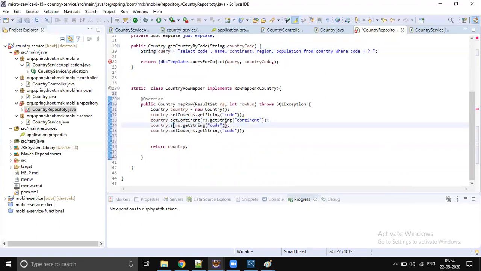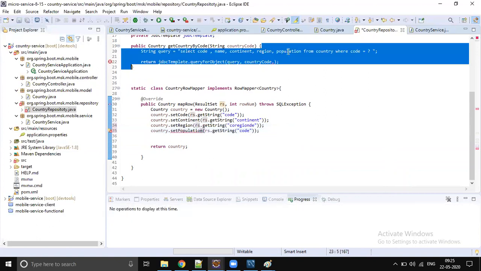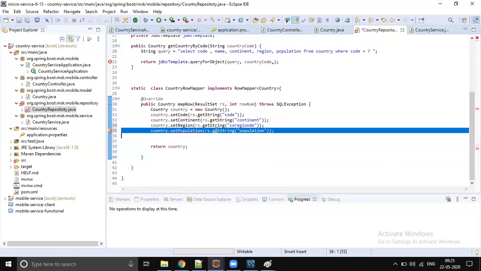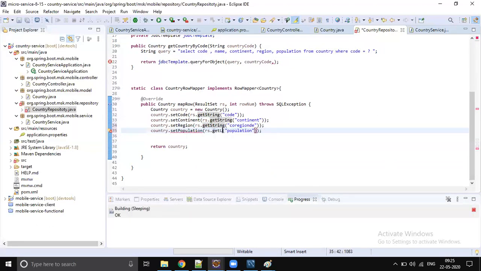Then set region, its column name is going to be region. Then set population. Let's get the population, and I think it's not string, it's getLong, right? Those data type conversion methods are already available in the ResultSet, so you don't need to worry.